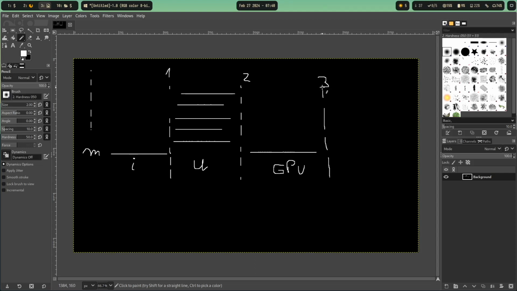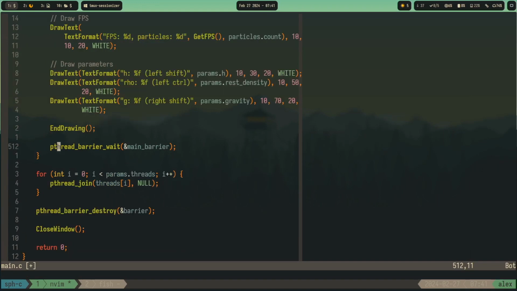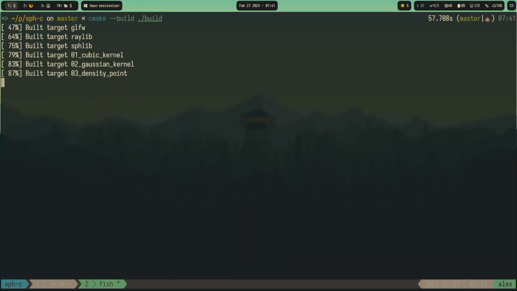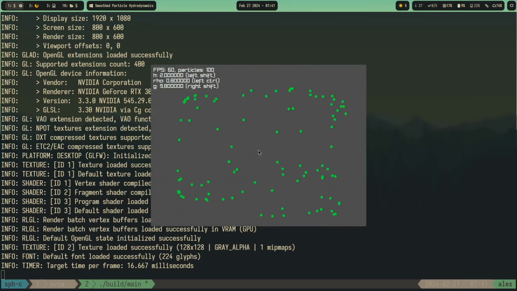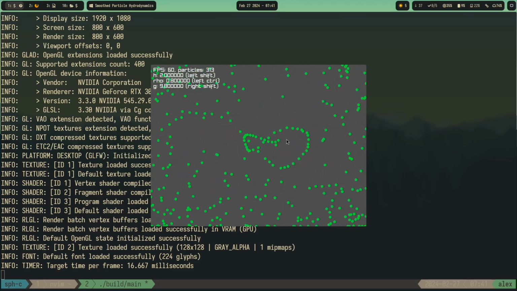I mean, probably we don't even need this, because, yeah, what if we try to remove this one? Let's experiment with it. So let's remove this, and also this one. Let's try to see what happens, because I think we don't need it. Yeah, I think we don't need it,